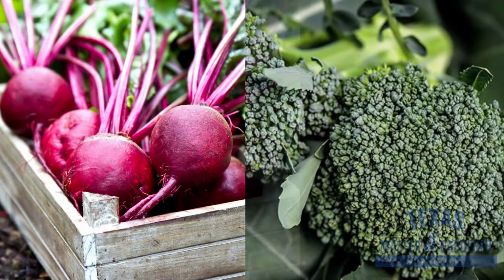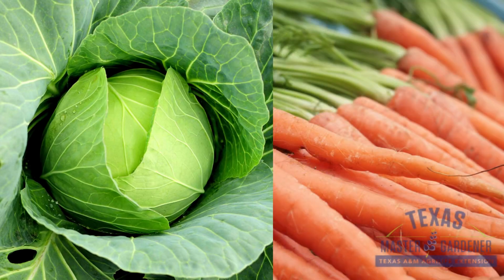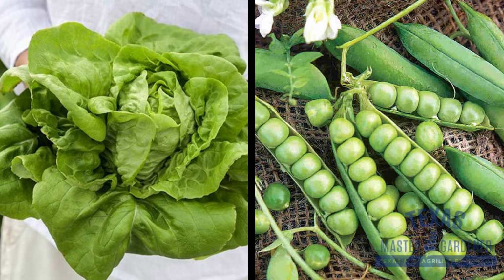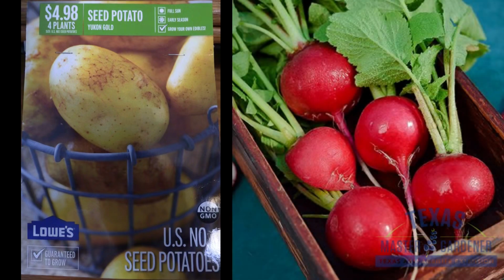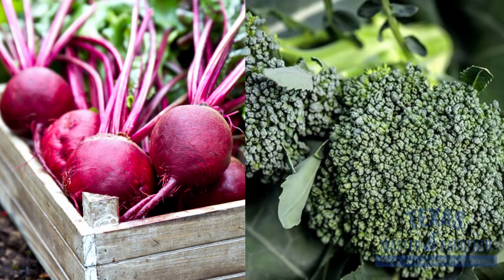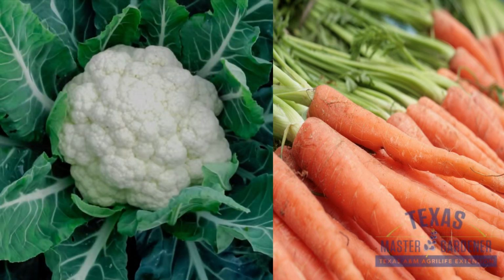Plants that can be harvested in December are beets, broccoli, cabbage, carrots, cauliflower, kale, lettuce, peas, potatoes, radish, and spinach. Remember that all the scraps from the harvested plants can be put into the compost pile for next year's garden. Plants that can be planted in late November and early December are beets, broccoli, cabbage, carrots, cauliflower, kale, lettuce, peas,